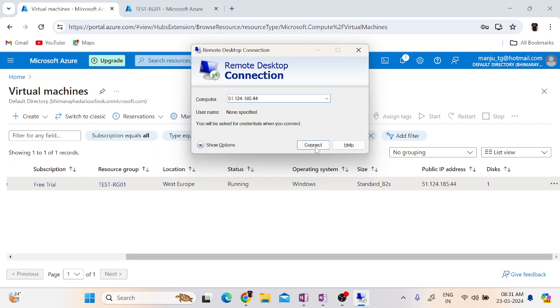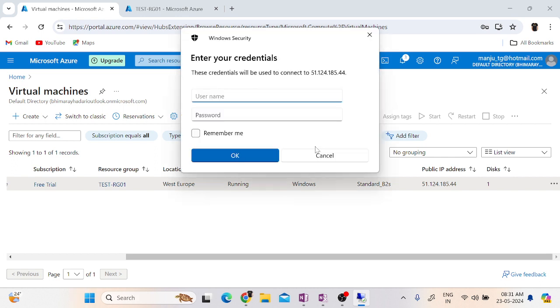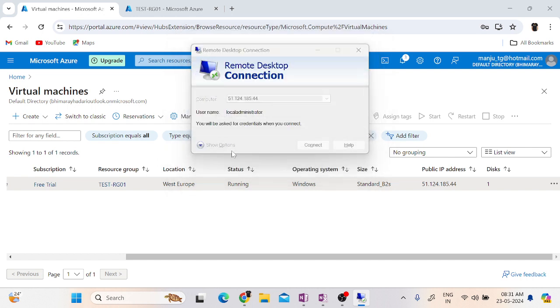51.124.185.44, and click on Connect, see, now I am connecting to the computer which is there in Western Europe. It is asking me the username. I've given local administrator. If you remember, I have given the password as Password@123. Password with capital P, the rest all small, the @ symbol is there, and 123 is the number. So it is case sensitive and has all the password complexity involved. If you click on OK, now you see,